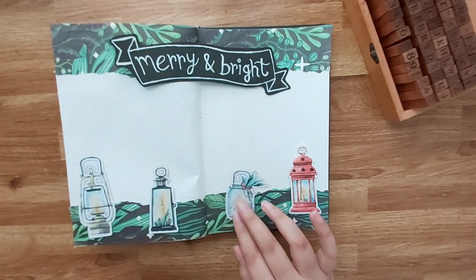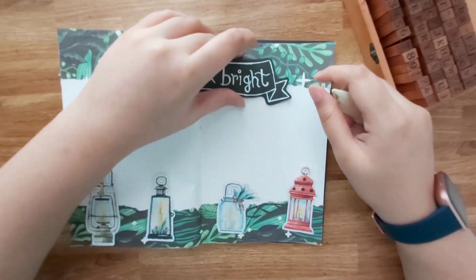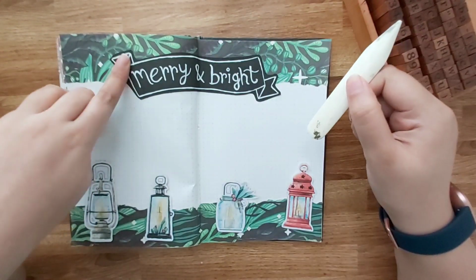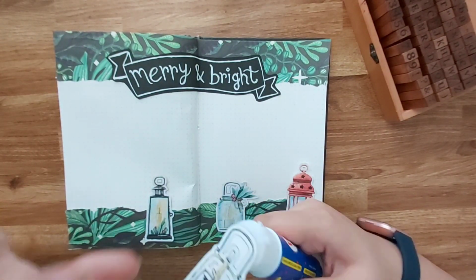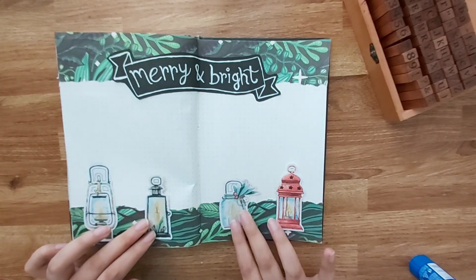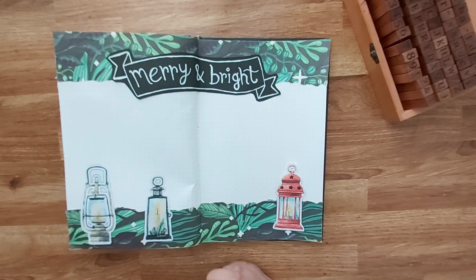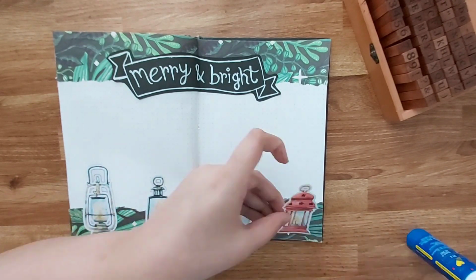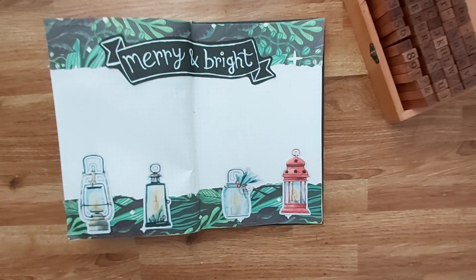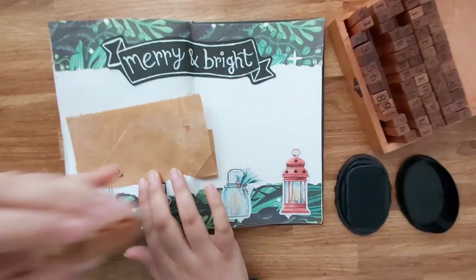Since the readathon was called Merry and Bright, I wanted to use these little lantern, they're not stickers, they're printouts, but I wanted to use these little lantern images at the bottom, and I really liked how they turned out. The only problem is by the time I stuck everything down, I didn't really have enough space to write down the prompts and the TBR. Thankfully, I have a very small TBR, and I